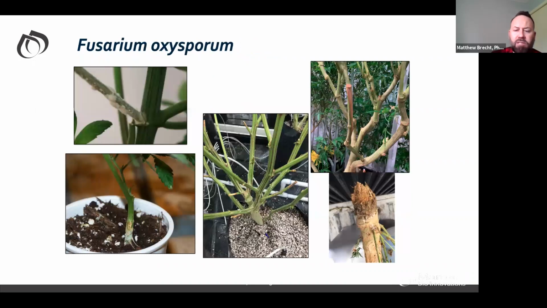And then the third disease that we see a lot of is Fusarium oxysporum, or just Fusarium. And the real issue with Fusarium is really right around transplant in the first 3 weeks of veg. It's where the Fusarium spores get in. They like to hang around the root zone right there where the stem meets the soil. And this is where we get that damping off or the root rot or the stem rot.